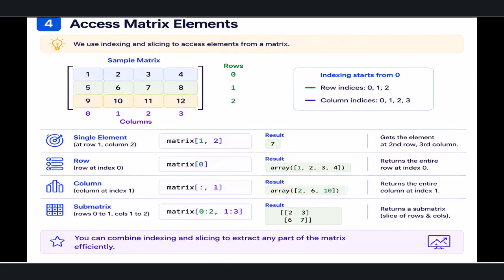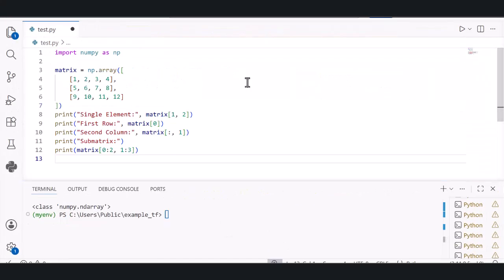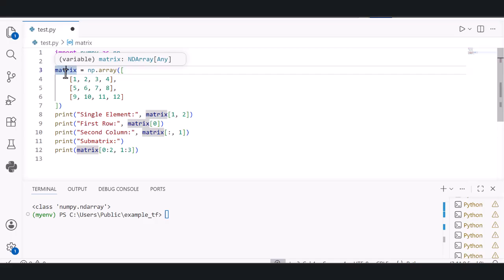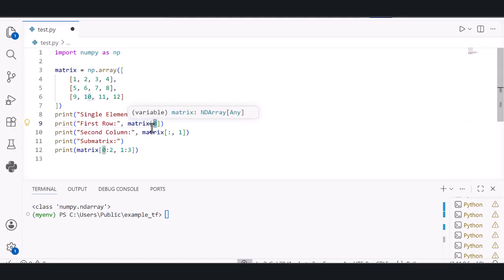Let's see an example for this. First, I've created a simple matrix in the matrix variable with 3 rows and 4 columns. We'll use the same matrix to understand different indexing techniques. In the first print statement, I'm accessing the element at row index 1 and column index 2, which will return value 7. And in the next print statement, we'll specify a row index as 0 and NumPy will return the first